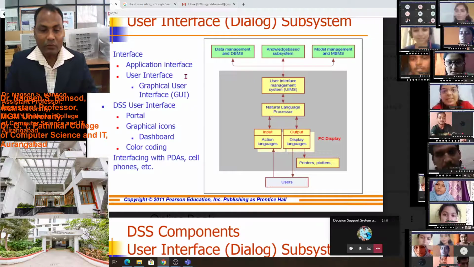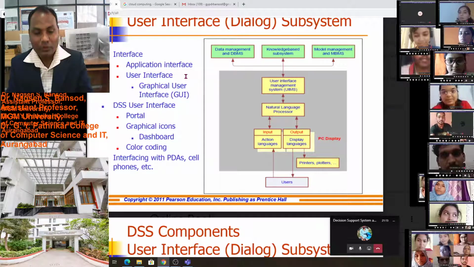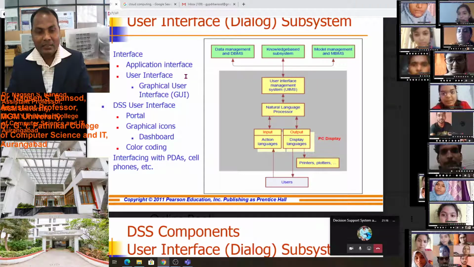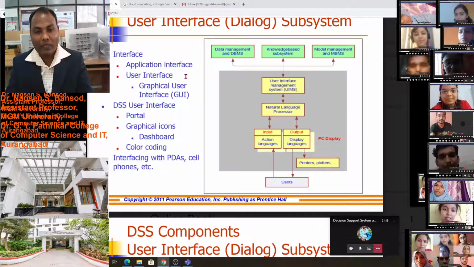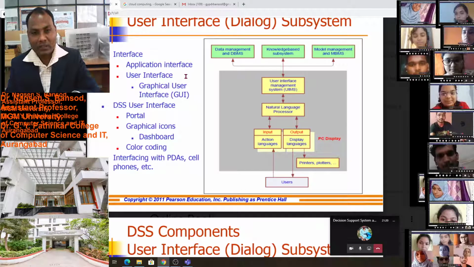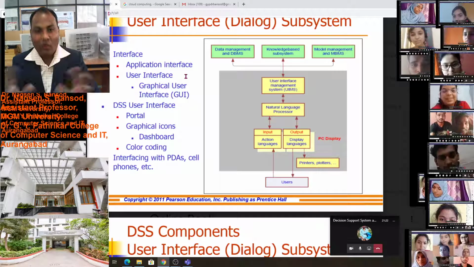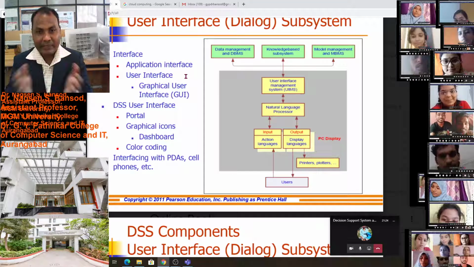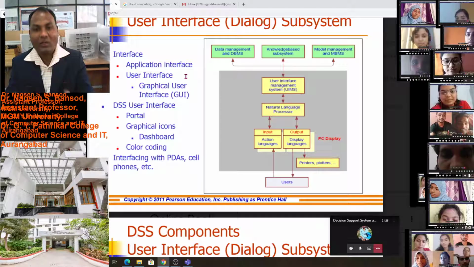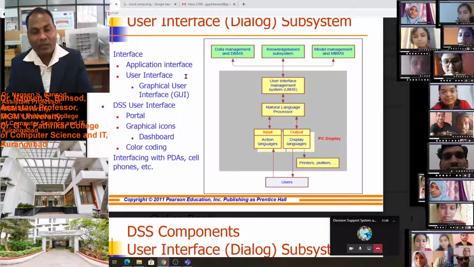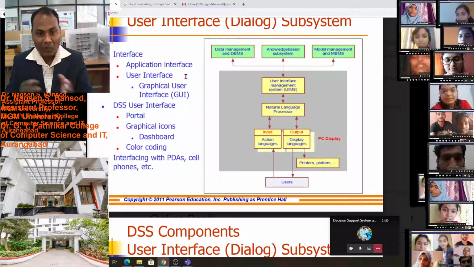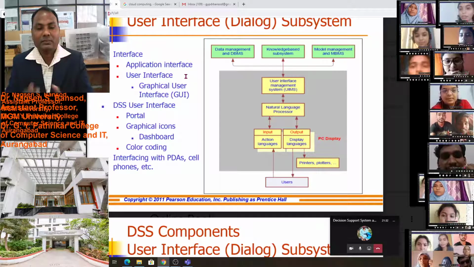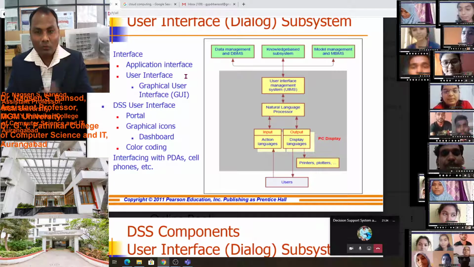I am connecting the lecture to you, and this Meet software is connecting to our computers, managing all resources inside the computer and inside your mobile phone, and according to your need it is giving you output.